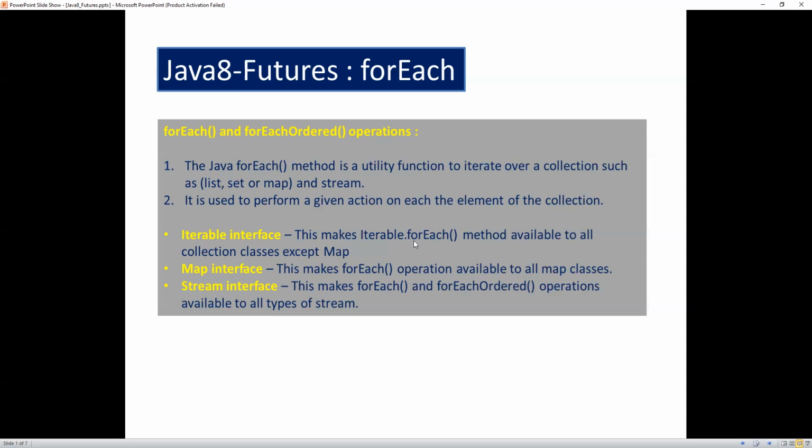The Map interface makes the forEach operation available to all Map classes. The Stream interface makes the forEach and forEachOrdered operations available to all types of streams.